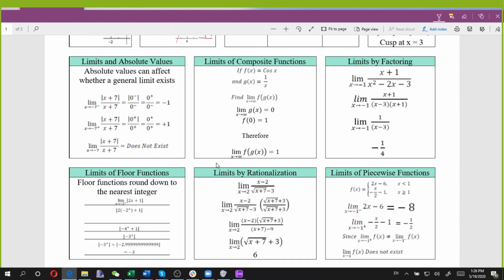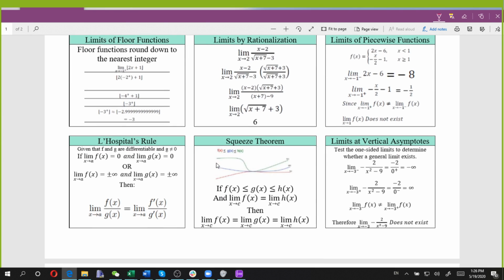I have several different methods of solving limits analytically that you guys can check out if you need to. I have one new part for L'Hospital's rule. This is a shortcut that you can use if you know how to derive, that I didn't teach you in quarter 1 because we didn't know how to derive yet. So the shortcut is